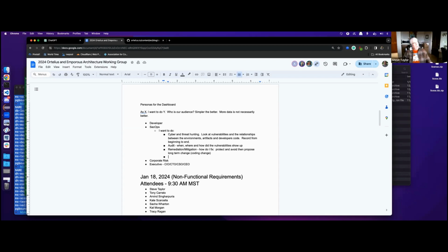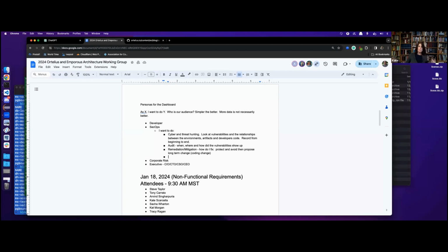Yeah, and that kind of alludes to, like you said, Sergio, a detection or monitoring type of role. So would a SecOps person actually be adding monitoring for a particular